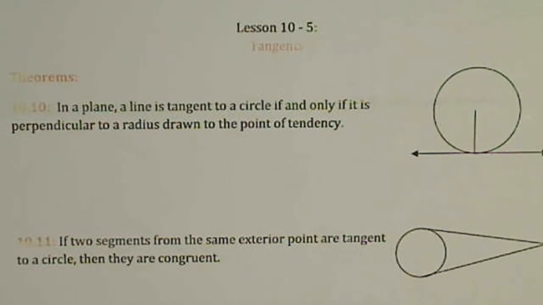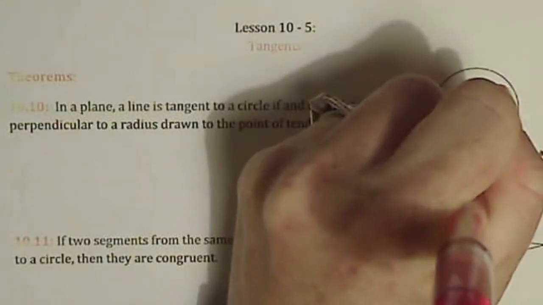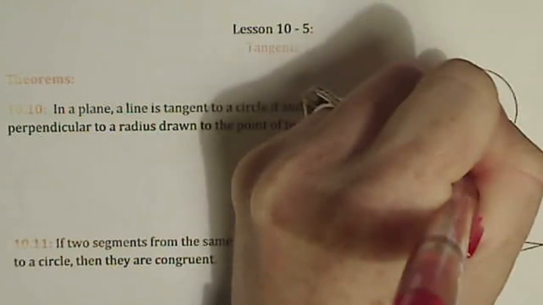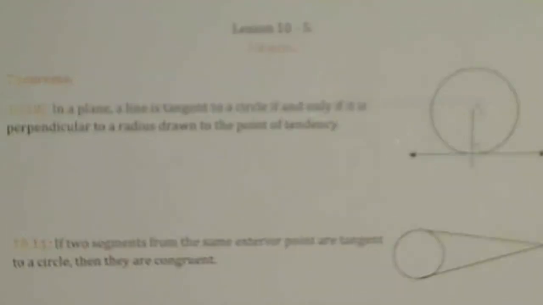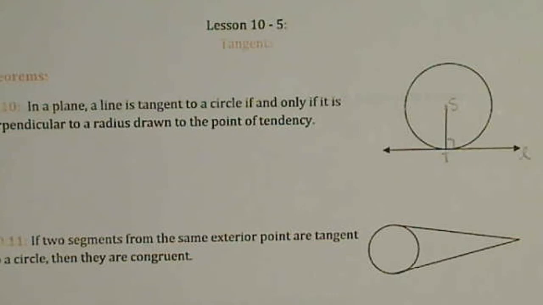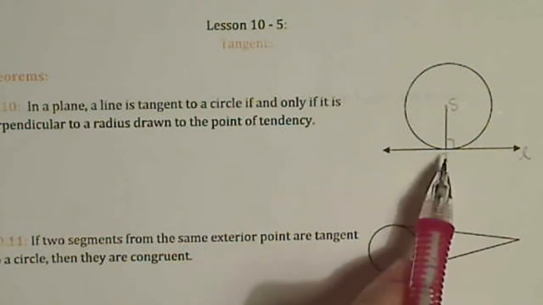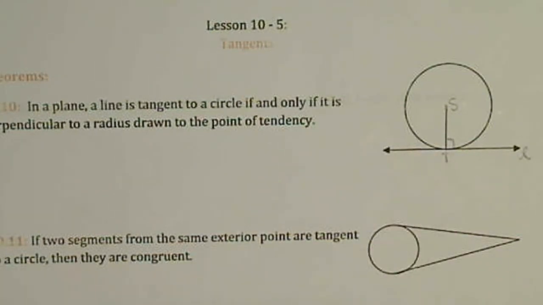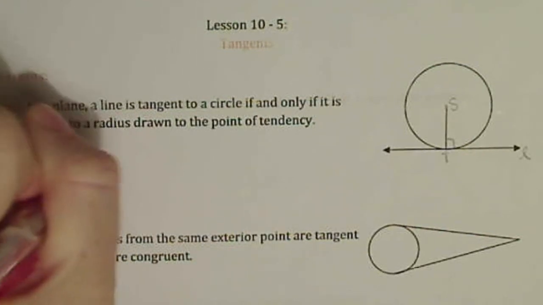Lesson 10.5 is all about tangents. A tangent is any line that touches a circle or any other shape once and only once. So if I take my circle here and I see that I have a line L, and line L touches my circle in one place, I can say that line L is tangent